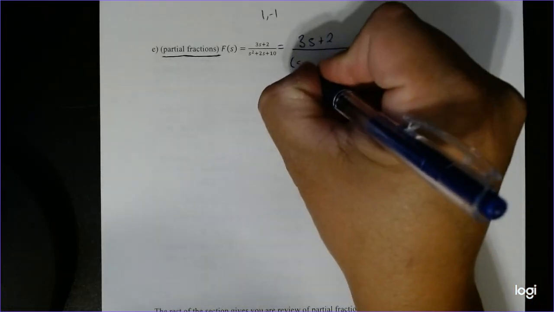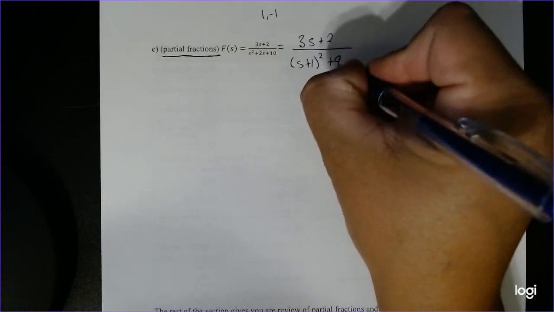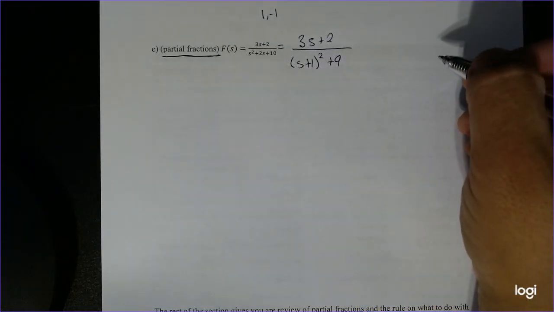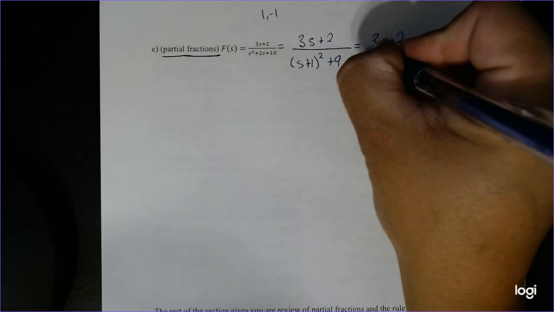So when I do that, I end up getting s plus 1 squared, and then minus 1 gives you the 9. Okay. So already off the bat, you can kind of tell, hopefully, from the past examples,